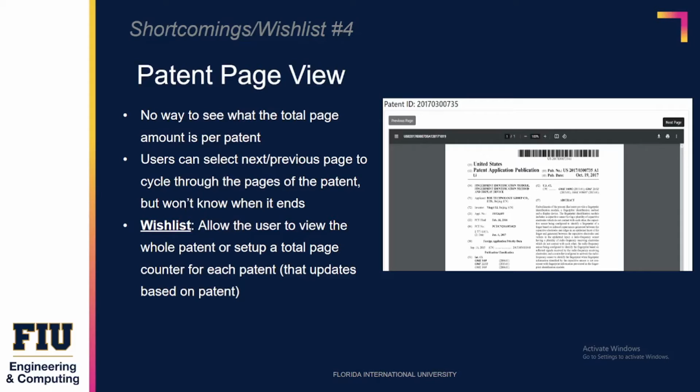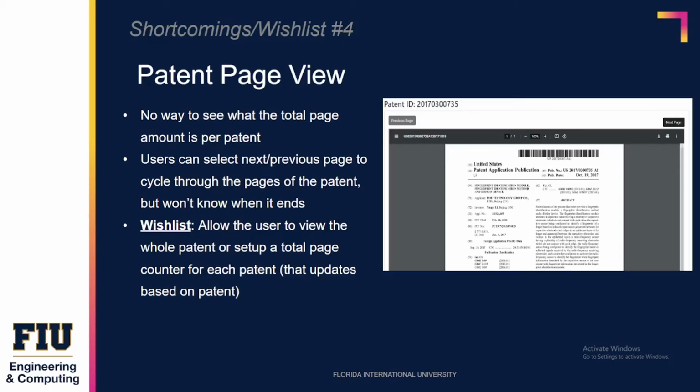Finally, we have shortcomings in wishlist number 4. We have the patent view page. So at the moment, we have a next page and a previous page. As you can see on the picture on the right, we only have the ability to move between pages for that patent. So when a user clicks on next page, it will go to the next page of that patent. As you can see, patent ID ending in 735, it will go to the next page of this same exact